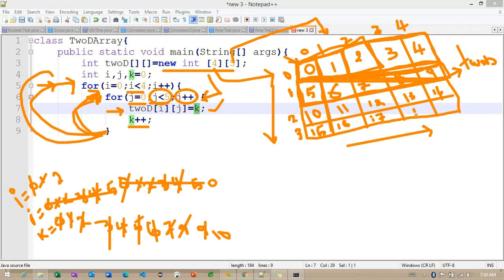Getting the point? So 16, 17, 18, and 19. These are the values that are going to be stored. Any questions regarding this 2D array, the initialization section here? We are just initializing the value here, and we have one more block of code we need to define to load this value from this array. Any questions regarding this initialization section?